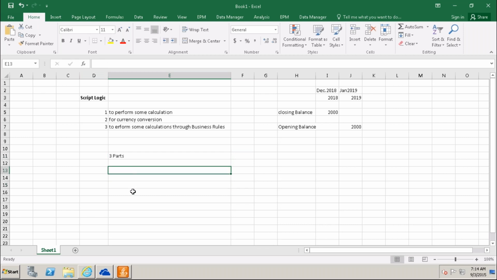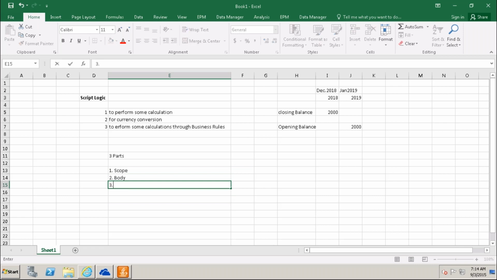One is scope, second one is body, and third one is to write the data in the database, that is called commit. These three are the parts of the script logic. One by one we will see that.